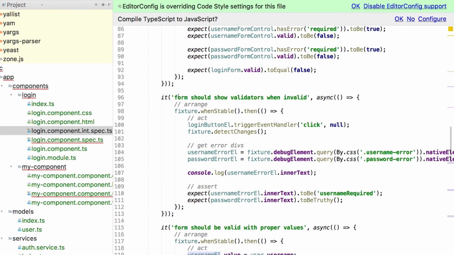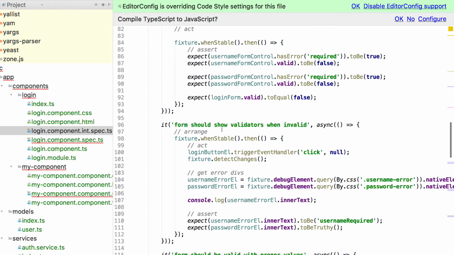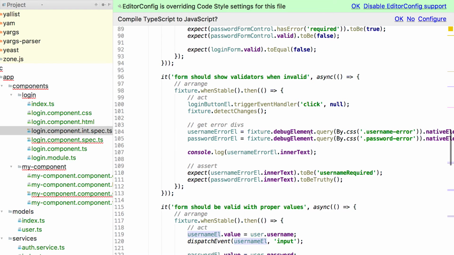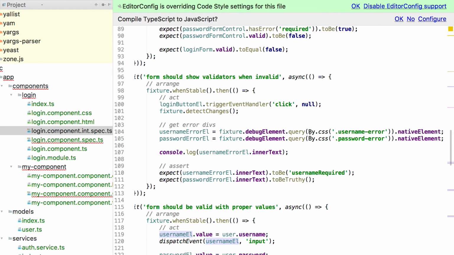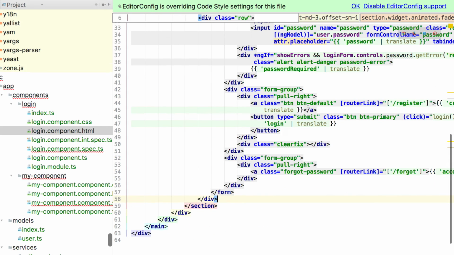On the second test here, now I want to check and make sure that it should show the validators when it's invalid. So it's the same basic test, except now what I'm going to do is go ahead and click the login button without setting anything. And then we go ahead and call detect changes. At that point, the ngIfs are going to fire, because what we have over here, just so you can see really quick,